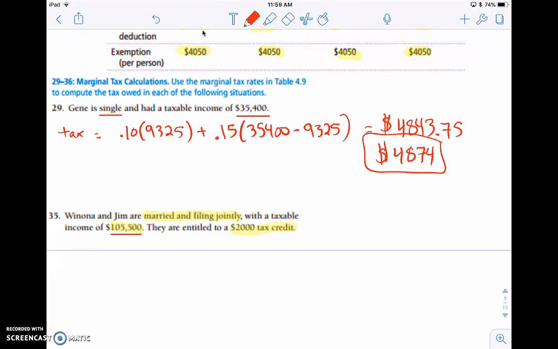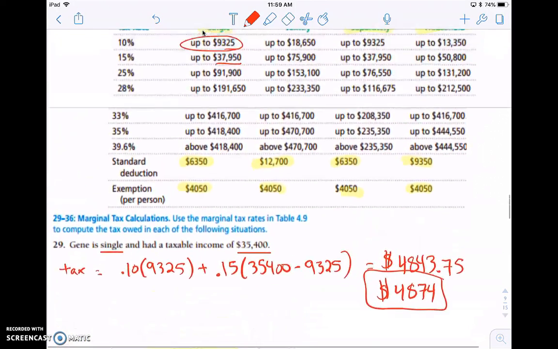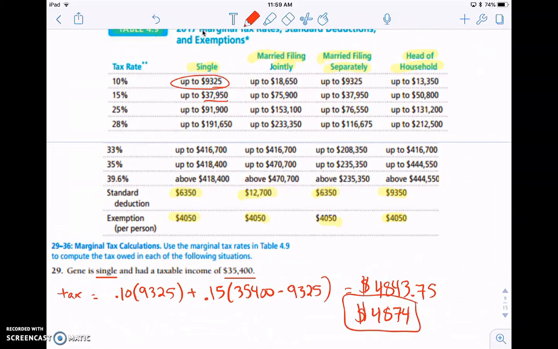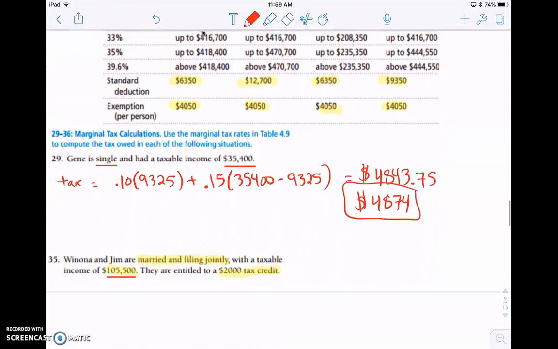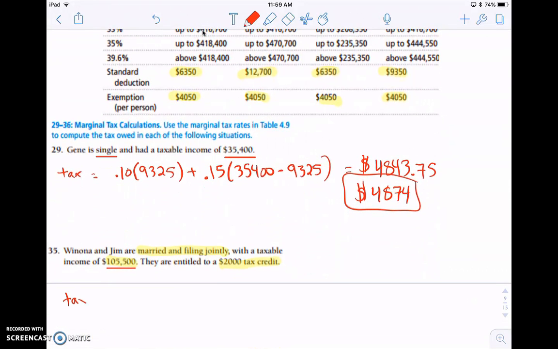And so when we look at that, we don't need to subtract off any deductions or exemptions or anything, because that is the taxable income, so that's already calculated for us. So we come up here, married, filed jointly. The first 10% is on the first $18,650. So your taxes here are going to be 10% times